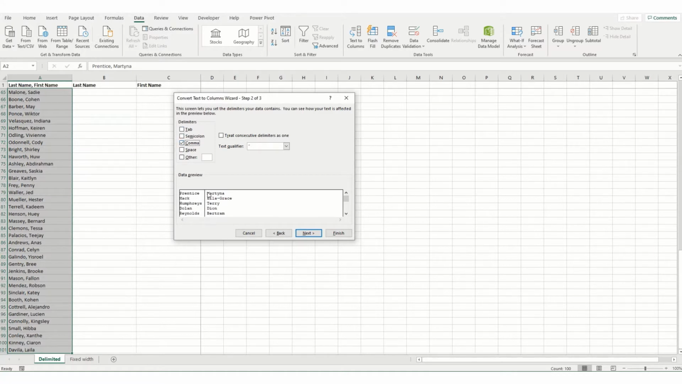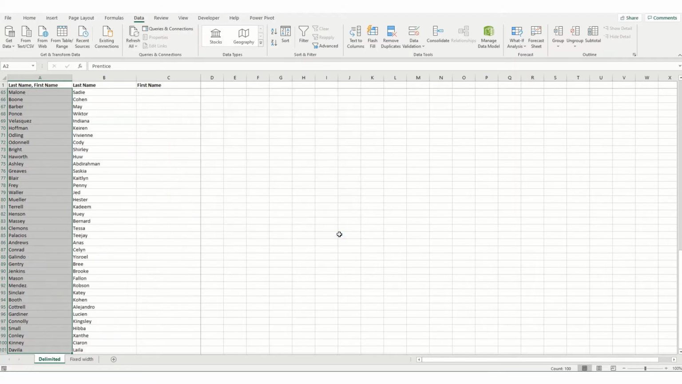And you'll notice that there's a little space in here. So we also want to split it by the space and have this box that treats consecutive delimiters as one checked. So basically it's combining the comma and the space. And you can scroll down through your data to make sure that this is working correctly. And the easiest thing to do is hit finish. And what you can see is it's split it by last name and then first name, but it's gotten rid